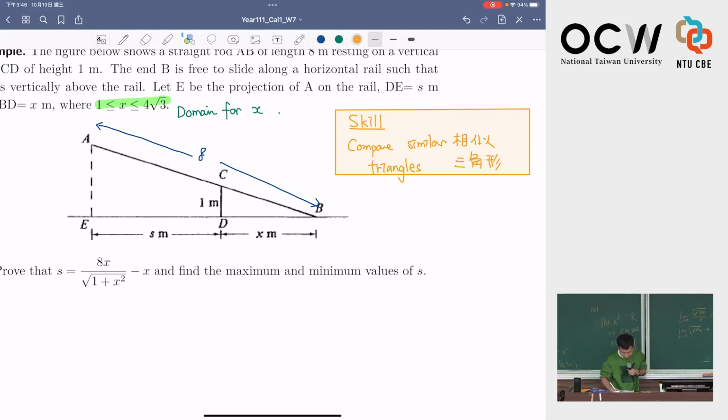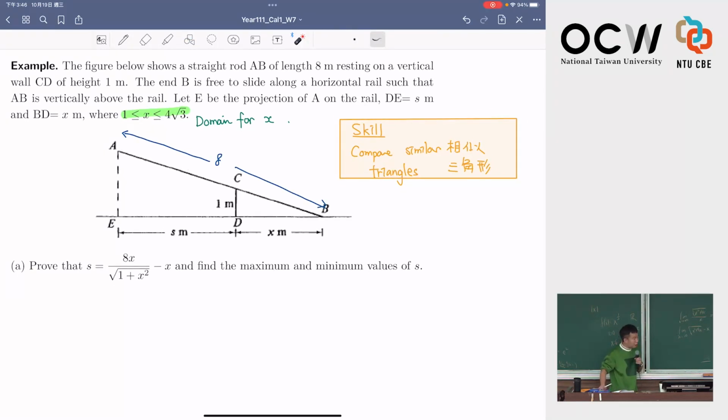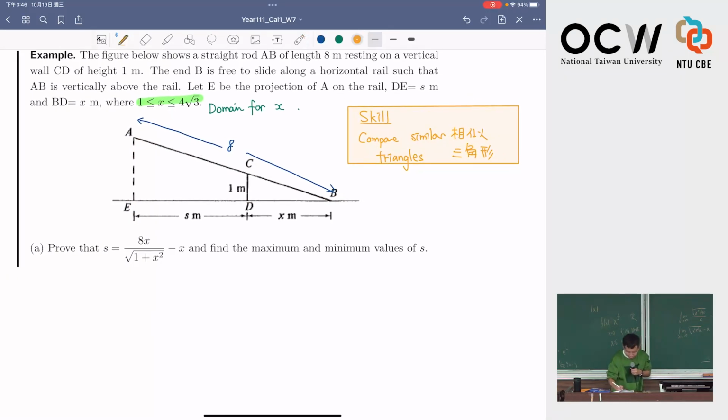Okay? So you realize that there are two triangles, they are similar to each other. This is firstly the small one over here. Secondly is the large one over here. So let me do it one by one. So part A. So by comparing similar triangles,